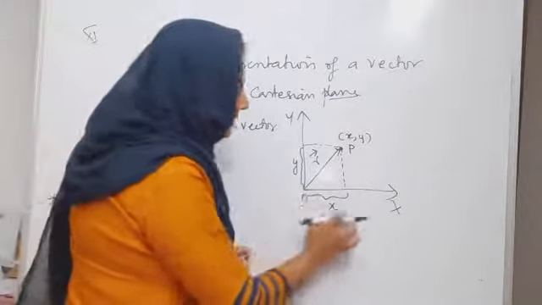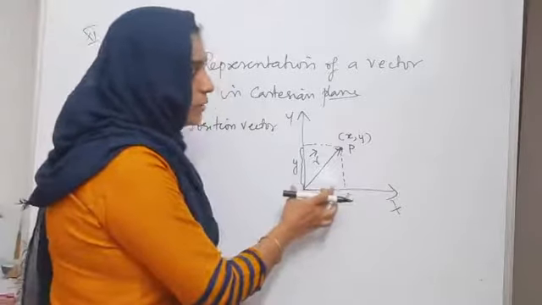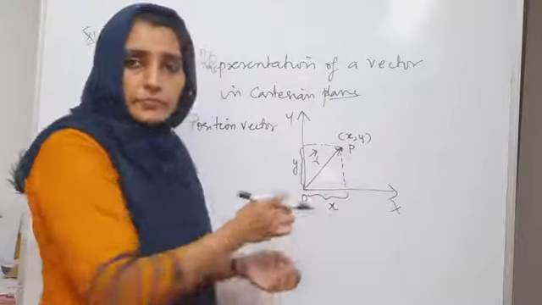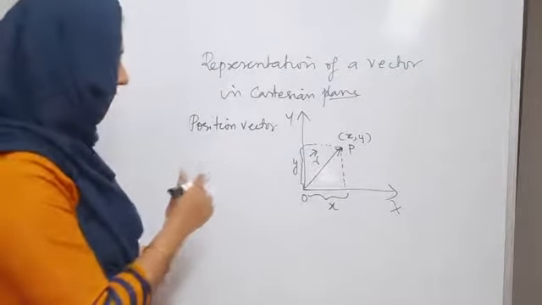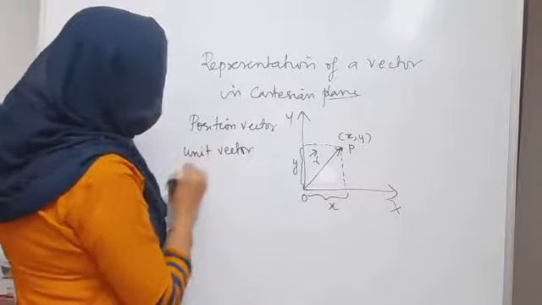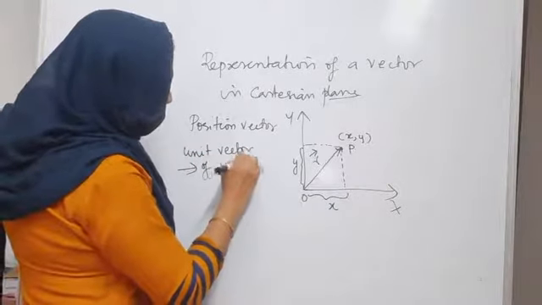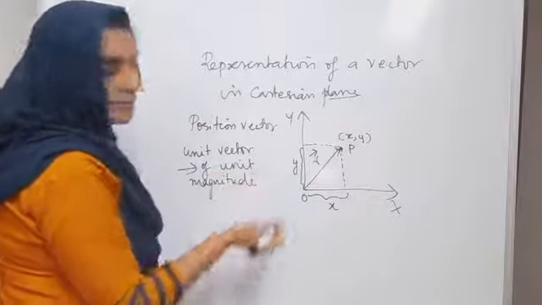So how to convert this into a vector? This is a simple number, a pure number. If it is on a graph, say this is 3 centimeters, then it will be only 3. It has only magnitude. How to assign a direction for that? For that, we require the help of unit vectors. So unit vectors are vectors of unit magnitude. Unit magnitude means its magnitude is 1. In any scale, its magnitude is 1.